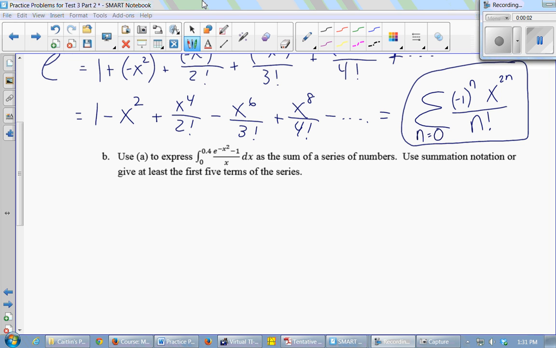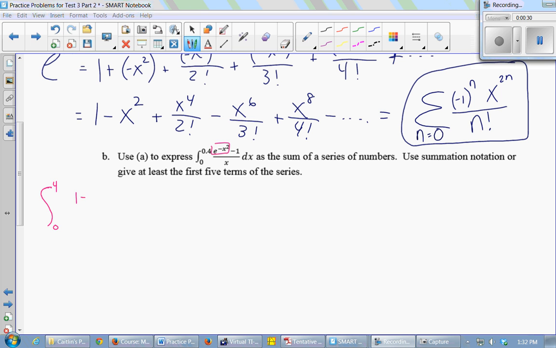Right, I want to take the integral from 0 to 0.4 of (e to the negative x squared minus 1) over x. And it turns out the reason that this is part B of the same question is because e to the negative x squared, that's the series we just found. So I'm going to replace e to the negative x squared with its series. So this is the integral from 0 to 0.4